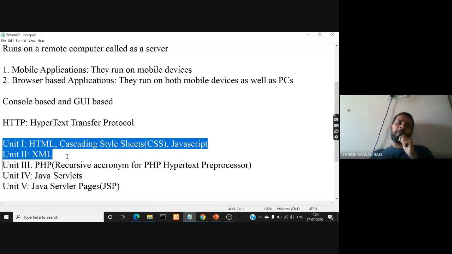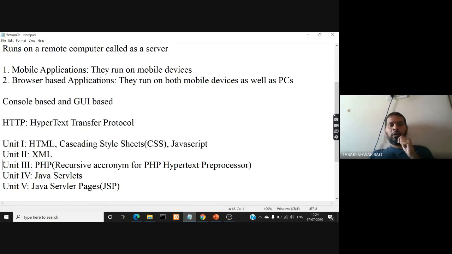By default, if you are using a Windows operating system, you'll have an Internet Explorer browser. You'll also have Google Chrome and Firefox or any other browsers. And if you are using an Apple, also you'll have Firefox by default, and you can use any other alternative browsers also. So a browser is available on every computer by default. You can use any of those browsers to run the programs that are written in all these technologies, which are part of first unit and second unit.